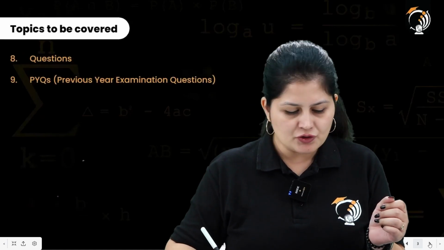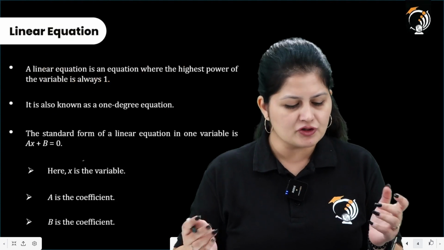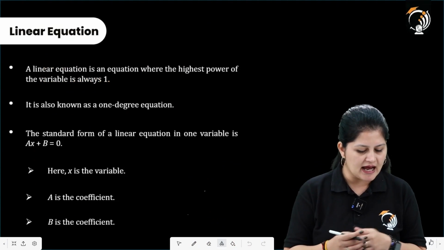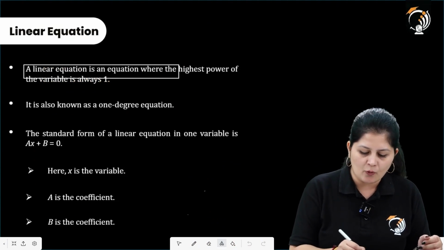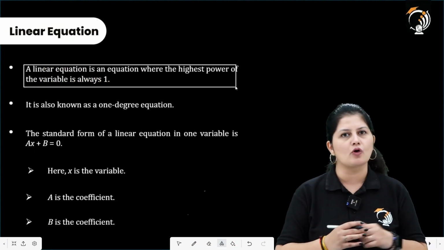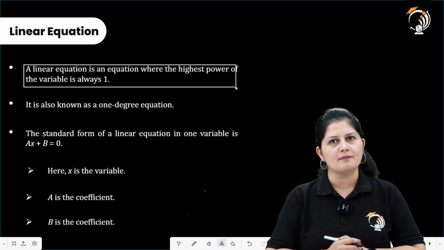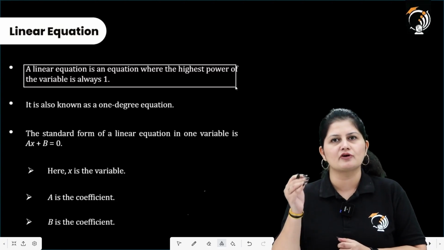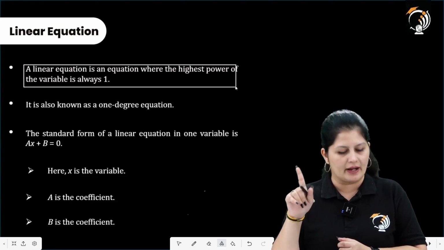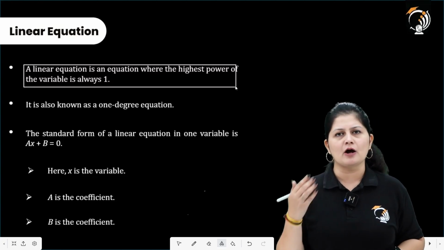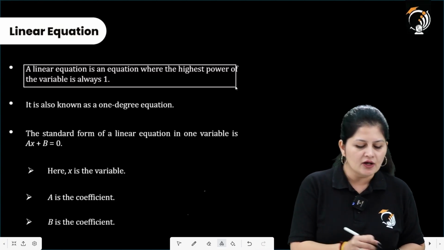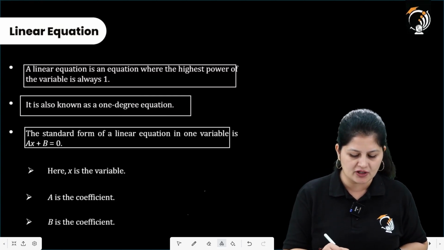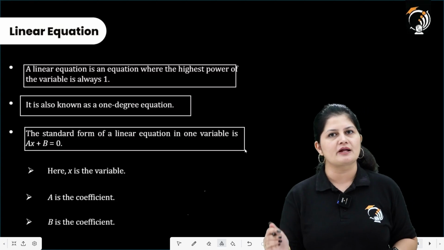Moving to the first topic, that comprises the linear equation. A linear equation is an equation where the highest power of the variable is always 1. So whenever we are talking about the linear equation, the highest power of the variable is always 1. In terms of the degree, it is also known as a 1 degree equation. The standard form of the linear equation in one variable is ax plus b is equal